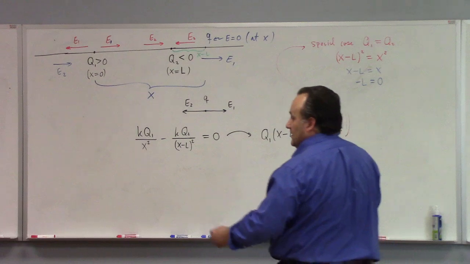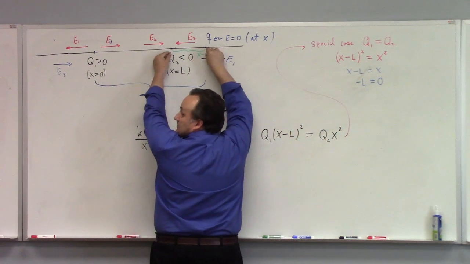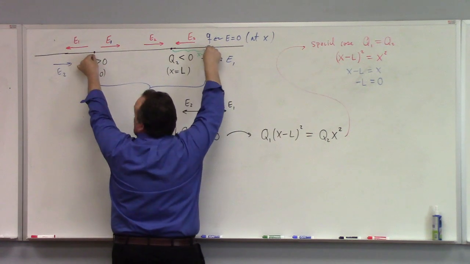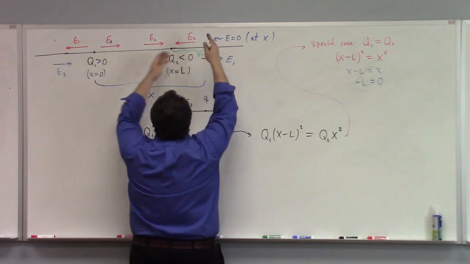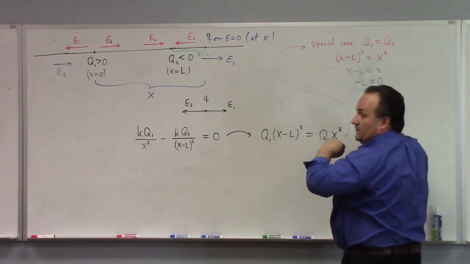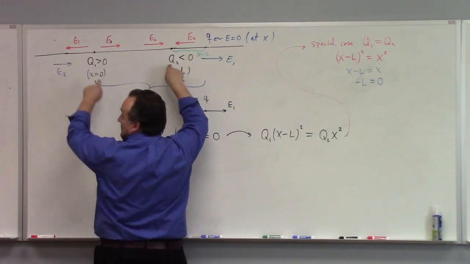You see what I'm saying? If these are equal charges, the electric field at this point, due to this charge, is way bigger than the electric field from this charge over here at this point. So there's no way they can balance if their charges are equal. The only way that you can hope for balance is if this charge is smaller than that charge. The math